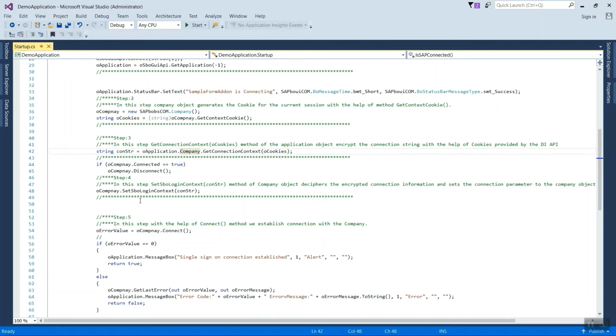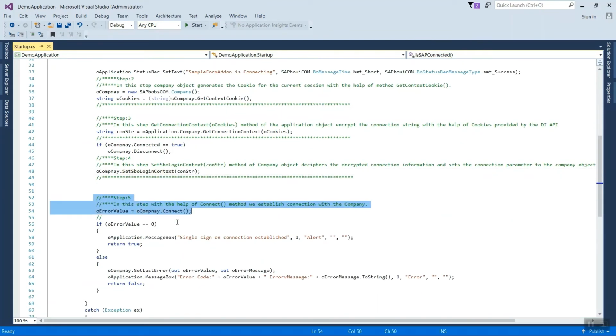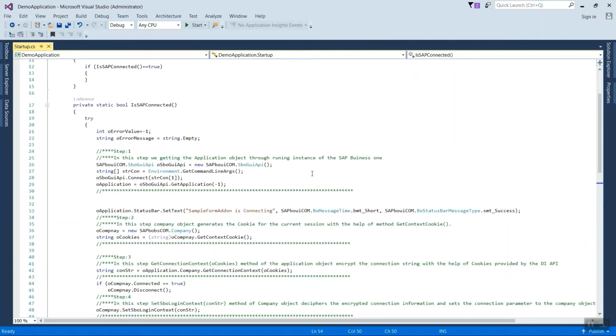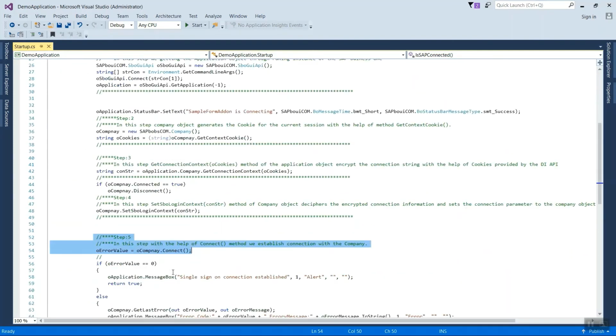So in step 4, the connection string returned by the GetConnectionContext function will be utilized by the SetSboLoginContext method of the company object, and this function will set the parameters to the company. And in the 5th step, finally we will call the Connect function of the company object, and it will establish the connection with the company object. So let me run this application to show you.